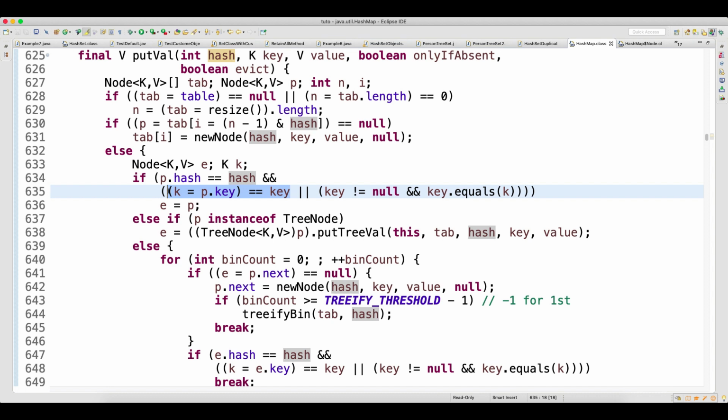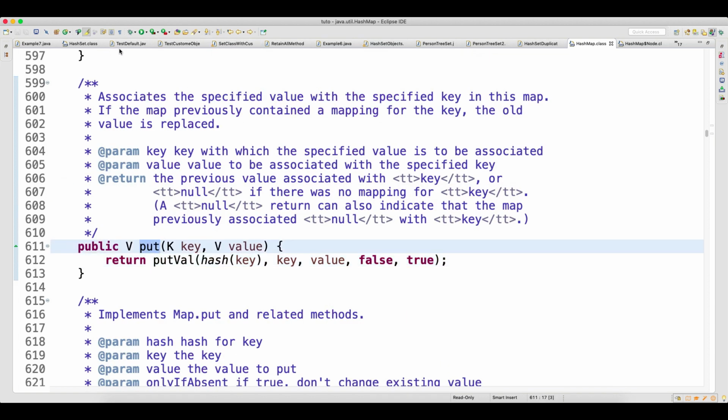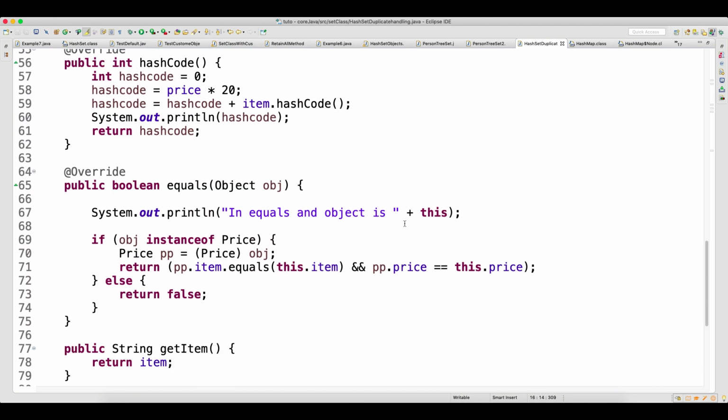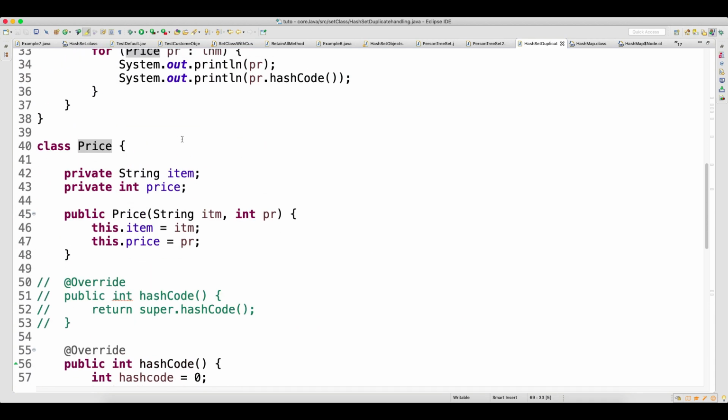It will check whether the object is the same. No, these conditions will fail. Then it will come here to the equals method, because we are overriding the equals method also now. So it will come to the equals method, and here we are writing that first check. When the equals method is getting called, if that particular object is an instance of Price, you can write one check if you want to. If you don't want to write it, still it is fine, but usually, standard practice is you should do that.